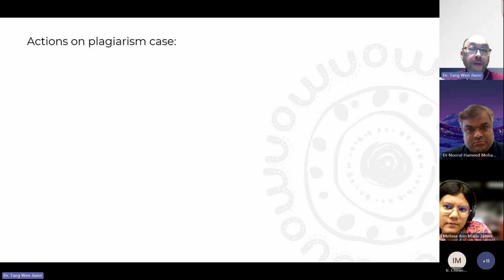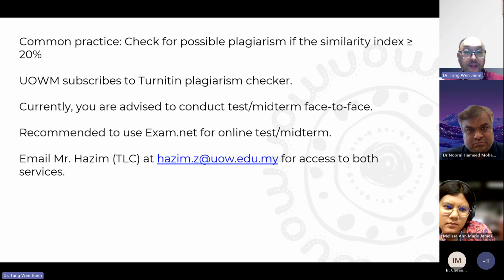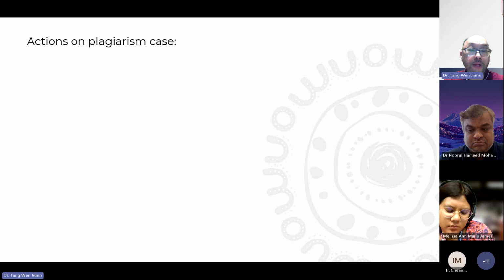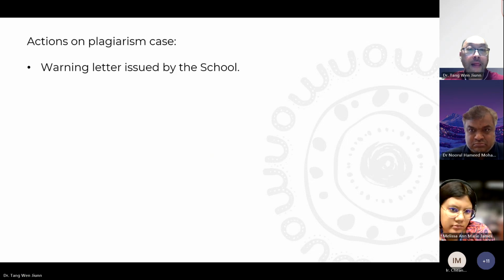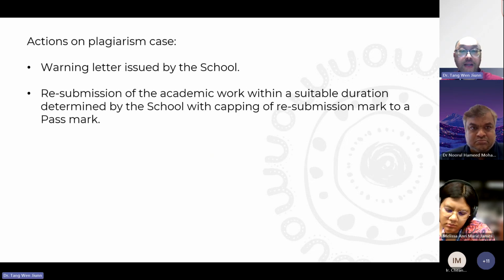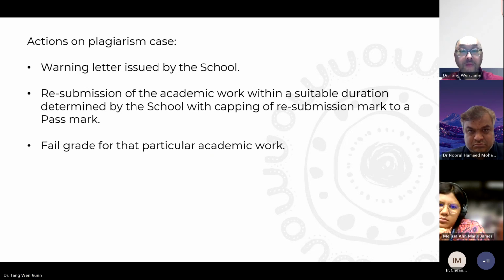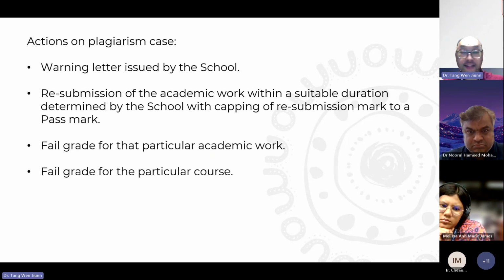Actions on plagiarism. Just now we already mentioned all these things. So, actions on plagiarism. This is a range. It can go from a warning letter issued by the schools, or a resubmission of the work but with capping of the marks, or straight away giving a fail grade for that particular work, or a fail for the entire course,